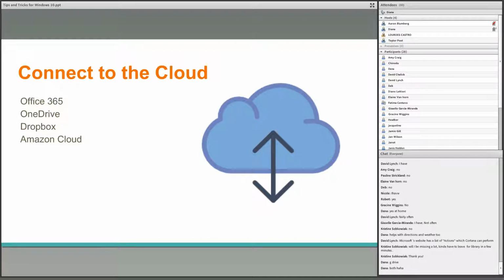Amazon Cloud, if you have Prime, you get free storage in the cloud, so it's worth checking out. Microsoft itself has, of course, Office 365 and OneDrive, and it's going to push you to use OneDrive. It really, really wants you to use OneDrive. The great thing about OneDrive is you can edit Microsoft documents in the cloud, which is a great feature. And if you're working with a lot of people on something shared and the document started in Microsoft, you can,